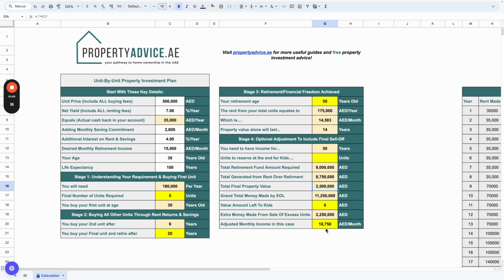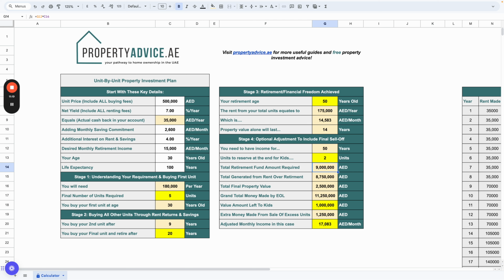It'll be 18,750, because that's the rent of the units plus the value as well in the end. Now, some of you watching, I'm sure, would like to reserve some of this for your children in the future. I mean, you could just reserve all of it and essentially gift somebody 2.5 million dirhams worth of property when you pass away. If not, and you want to reserve just a few, well, you can type in, let's say,